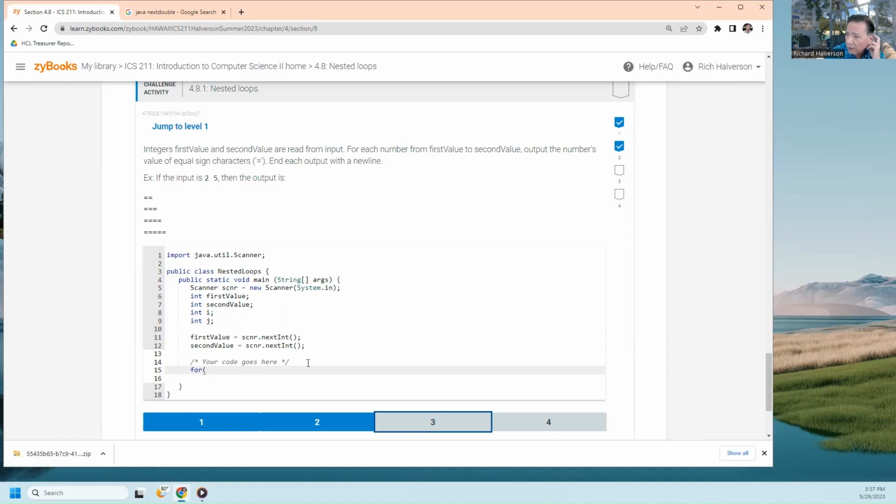Why do they give me an I and a J? For I equals first value, I is less than or equal to second value, I plus plus. Oh, I see why they give me a J. For J equals 0, J is less than I, semicolon, J plus plus,